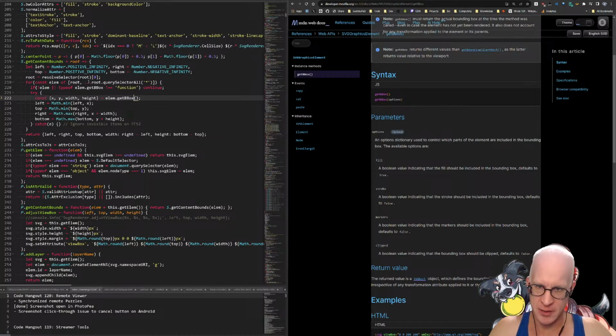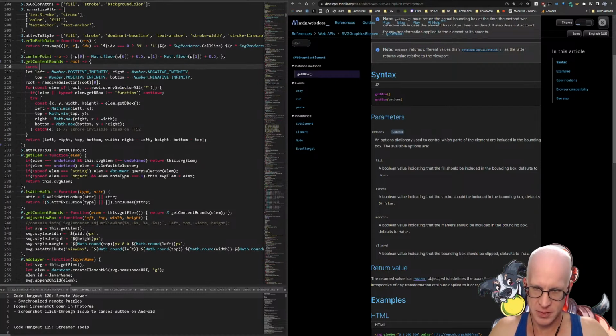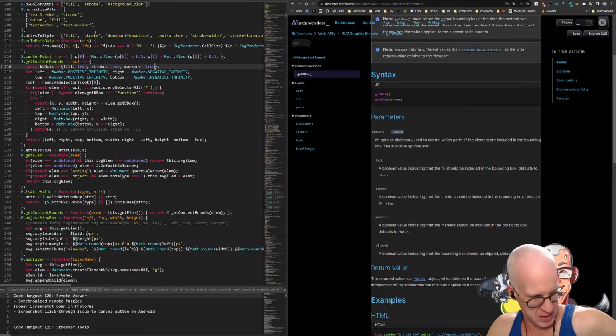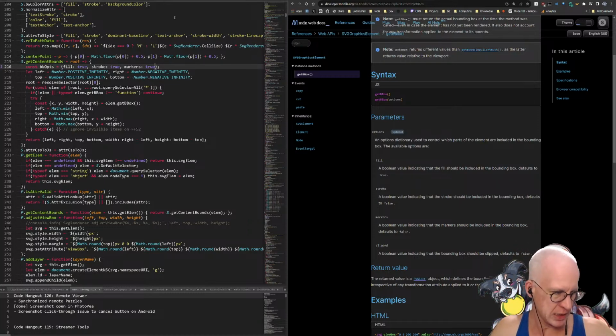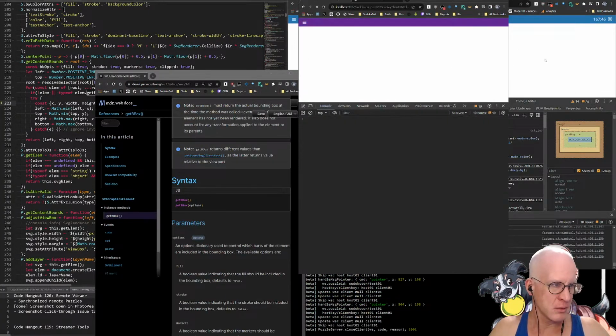We kind of want to have these all set to true. Const bbox equals fill true, stroke true, markers, yes, markers true. We don't want things cut off. Clipped. The bounding box should be clipped. Defaults to false. What does that mean? Indicating that the bounding box should be clipped. I don't know what that means. But if I do these things here, something like that,